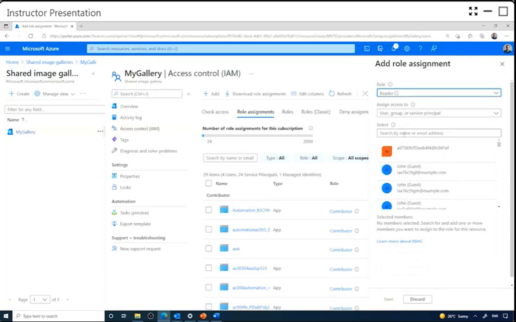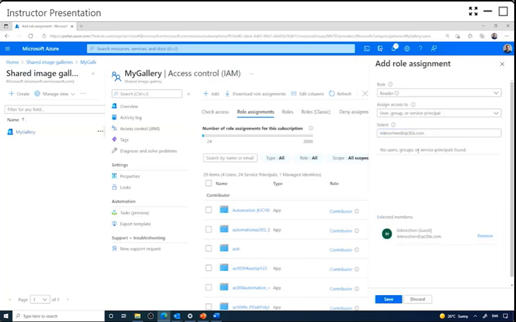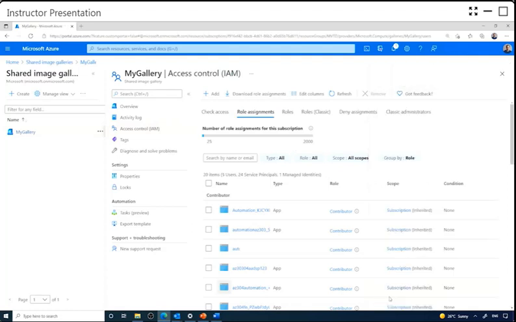And I will select my security principal. I'll use the one I was using for the Active Directory demo. So I can use that. It will invite this user since it is a guest, and it will have enough access to read this gallery. Save that. Remember that if that is outside of your organization, the one receiving that will get an email